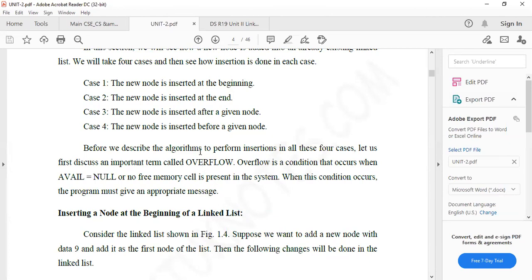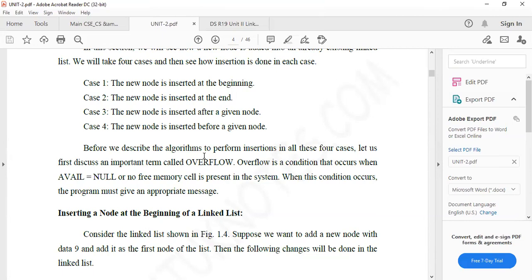If the memory space is not sufficient, for example, if we allocate the memory for only particular nodes, you should not add new nodes. If it is an integer type of node, it will occupy 2 bytes of memory.